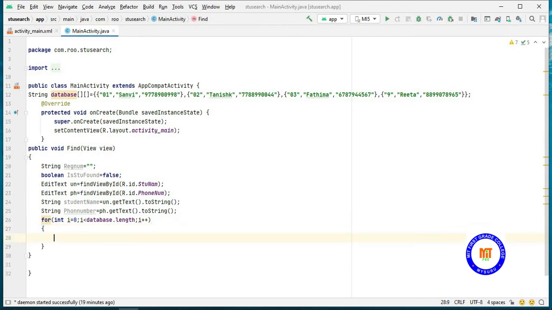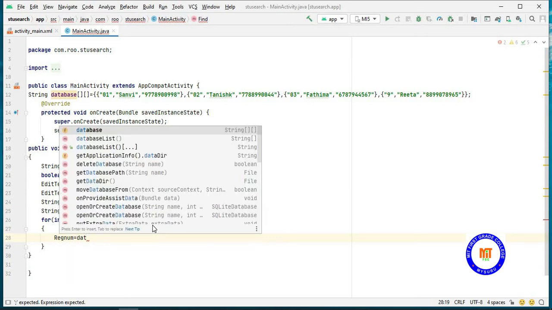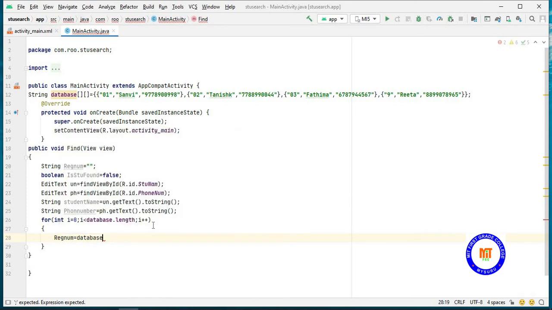So within this for loop, first I will be taking the register number and assigning the value of database first value, so that is i and 0.